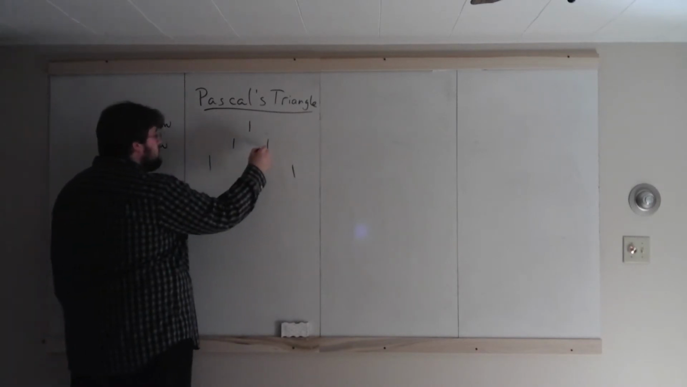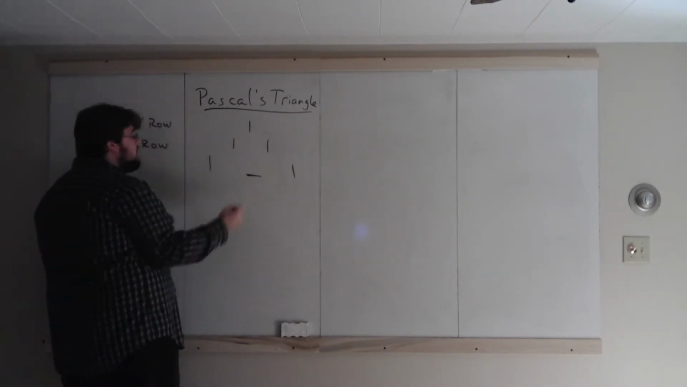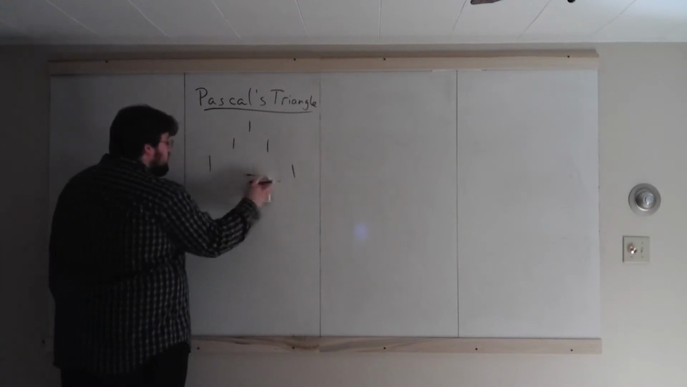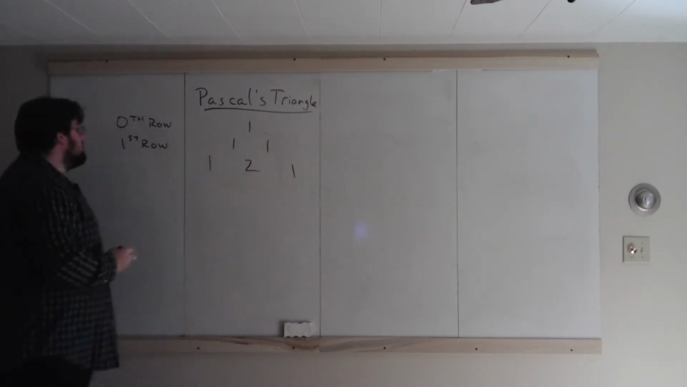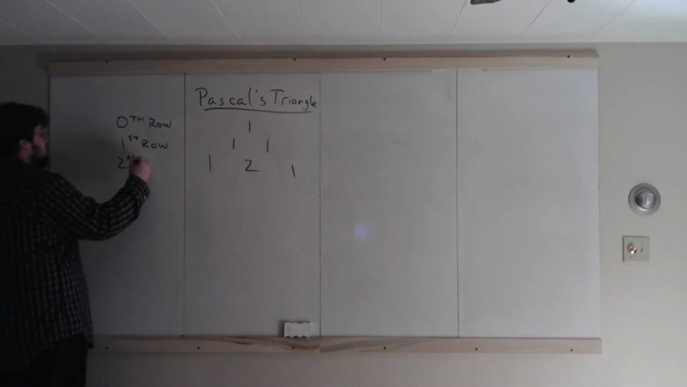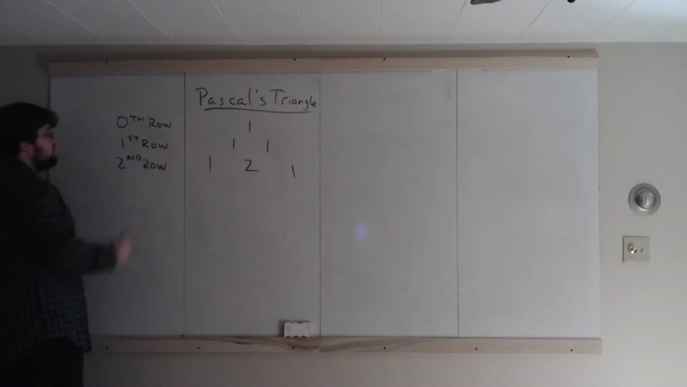So to the right, we have a 1. To the left, we have another 1. And to find this number, you add those together. So 1 plus 1 is 2. And that makes the second row. Now, the next row,